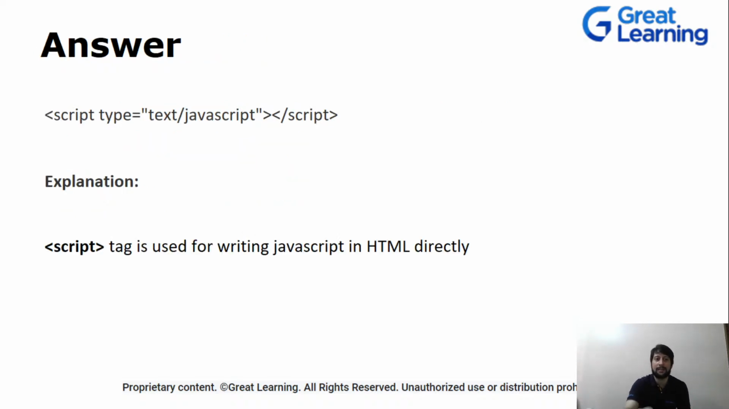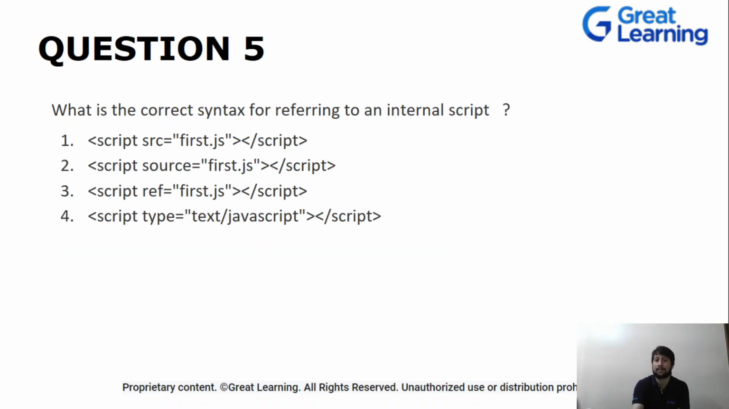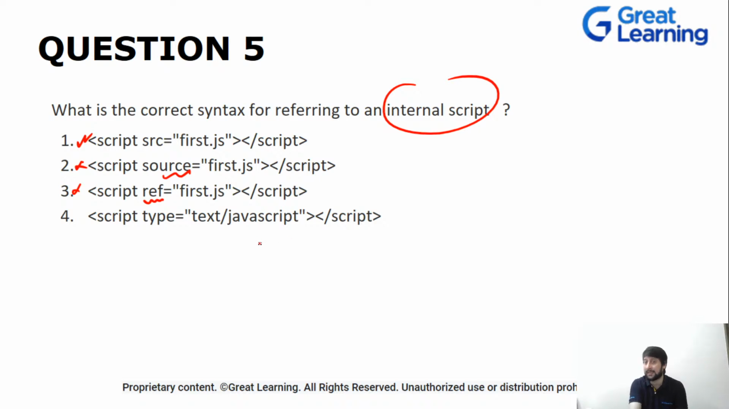So the correct answer is the 4th option. Why? I'm talking about the internal script over here, not the external one. So external, you can use this thing. But this source, this is the wrong syntax. This is the wrong syntax. Why? Over here I am using this reference, but this is not a thing